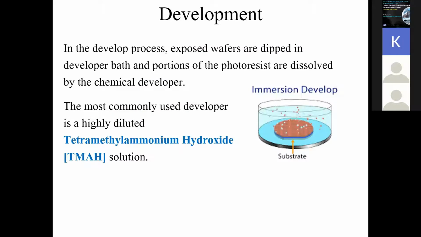And then the developing. That means you have done soft baking, you have exposed the wafer after all these alignments, and done the hard baking. Then you put your exposed wafer in a solution called developer solution. The most common developer solution is TMAH, which is tetramethyl ammonium hydroxide. That solution is mostly used for developing the resist coated wafer or the samples to have that circuit design transferred on it.